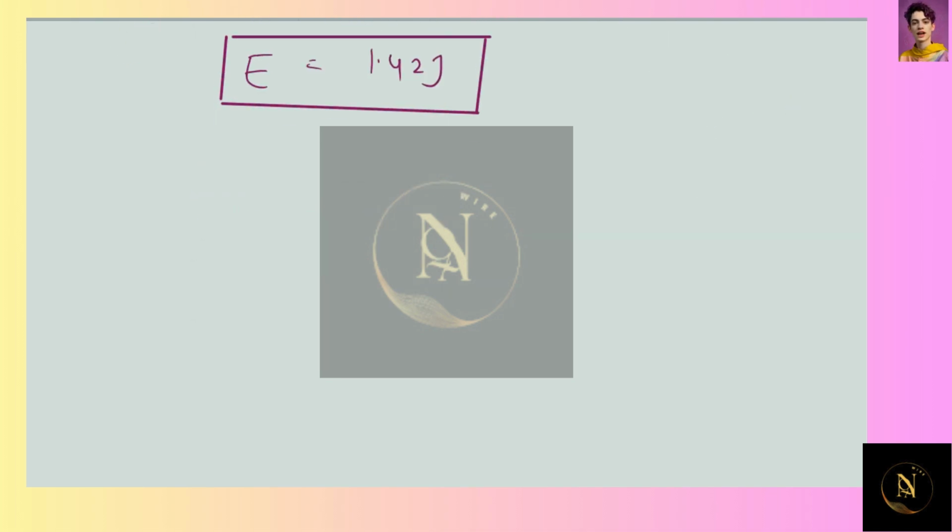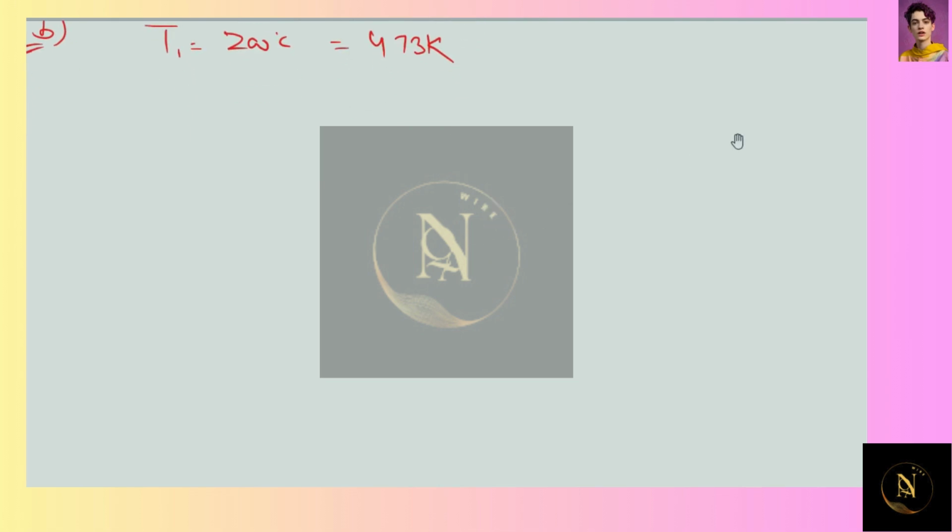Now in the second part of the problem we are given a temperature T1, which is 200 degrees Celsius, or I can say 473 Kelvin, and we have to find the net rate of heat flow to or from the ball at an instant. And temperature T2 is 330 Kelvin. So heat flow rate can be given by Q by t is equal to A into sigma into E into T1 to the power 4 minus T2 to the power 4.